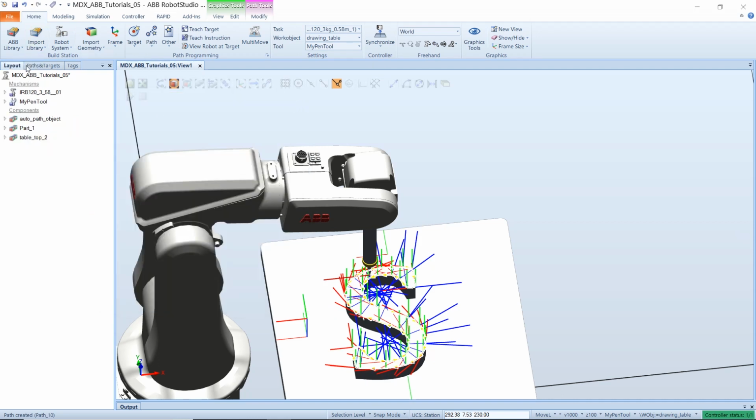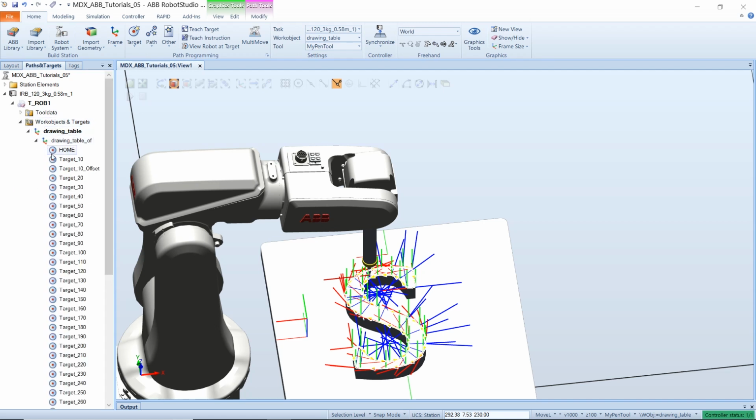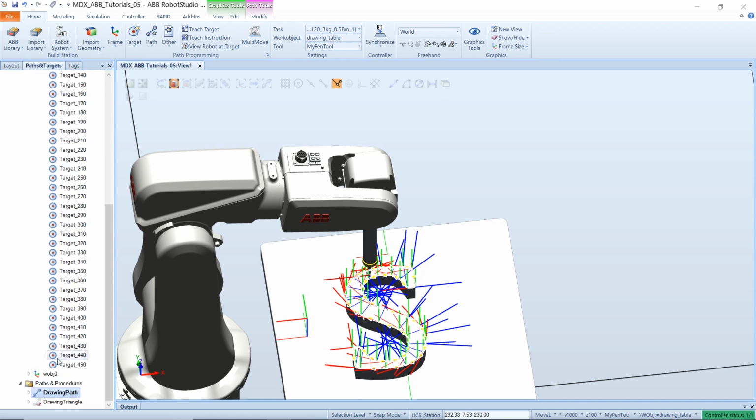So under the Home tab, in the Parts tab, there is a new part that's been added for you, which is this part that we just created. We'll rename this, and also under the Work Object and Target, in our selected Work Object, we have new targets that have been